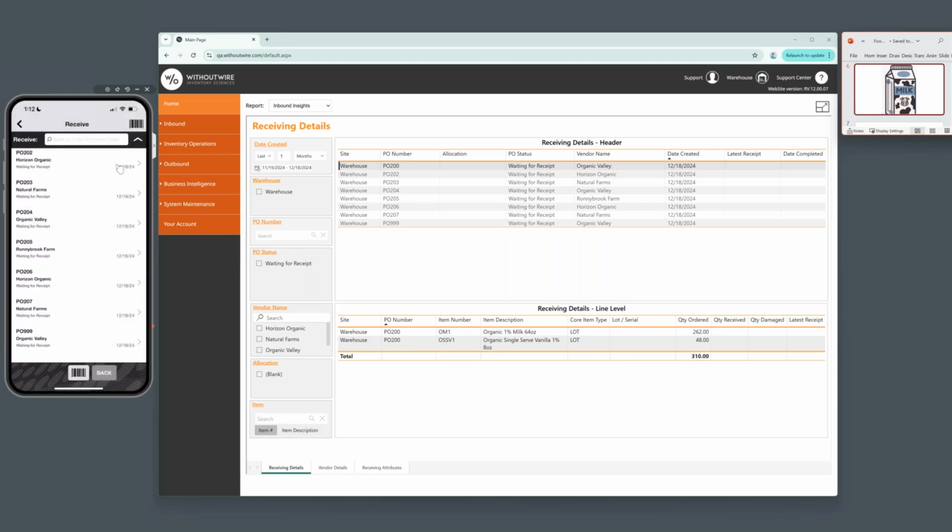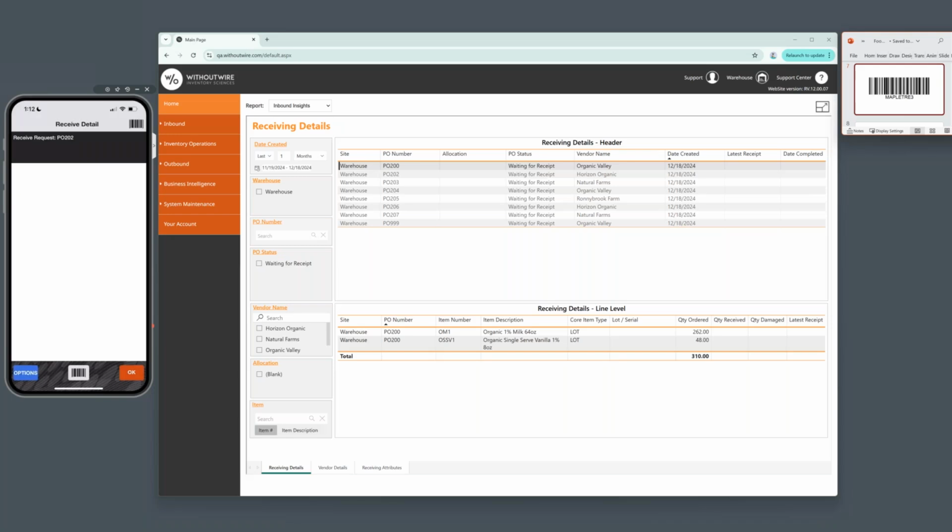And I can see that the purchase order is off my list. While we're going to put that product away in a second, I just wanted to show you how we could also receive another purchase order where maybe the vendor sent a different barcode than we have in the system. So on this purchase order, I'm expecting to receive 20 maple tree